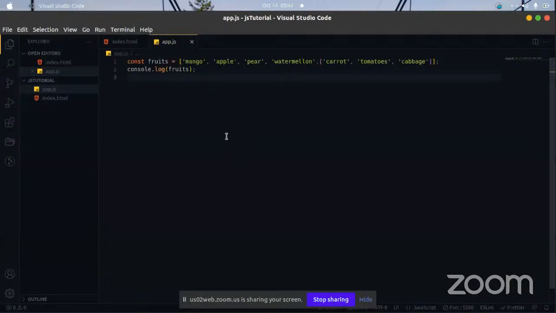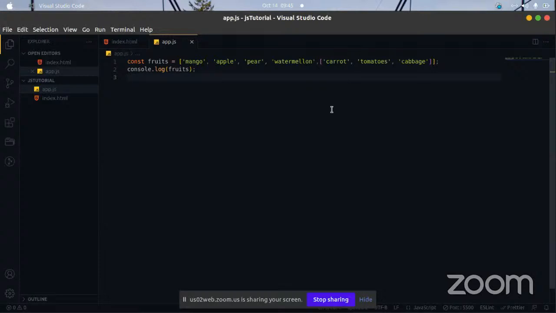Yes, so I think that's how you do it. Now, you first of all get to the part where the array starts. So this is 0, 1, 2, 3, and the array starts from number 4, and we're trying to get carrot here.